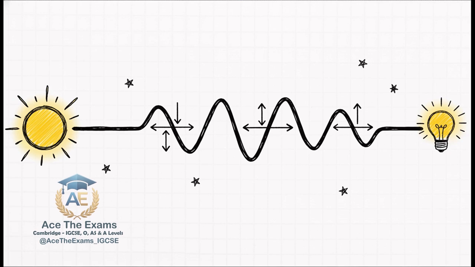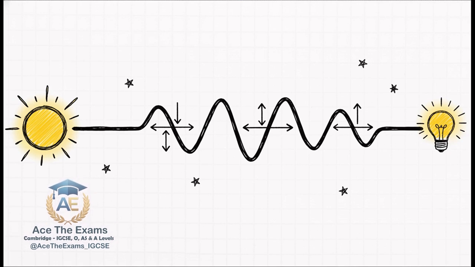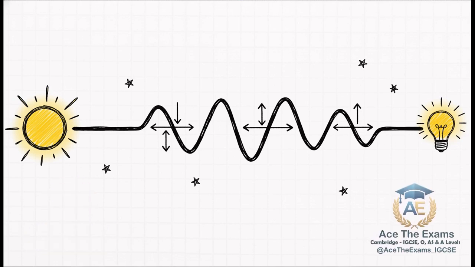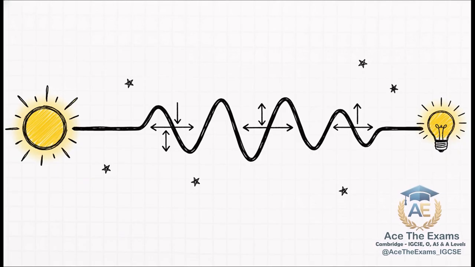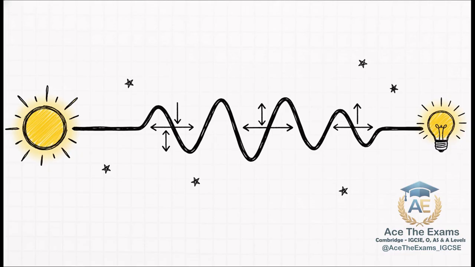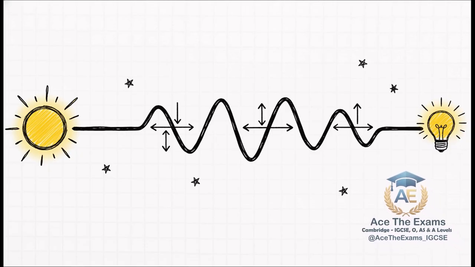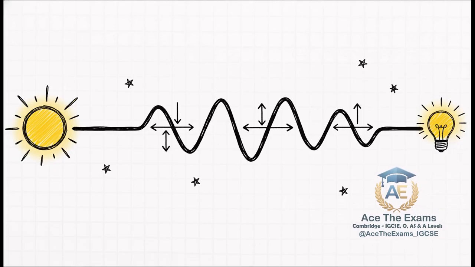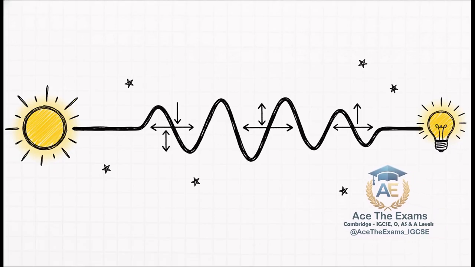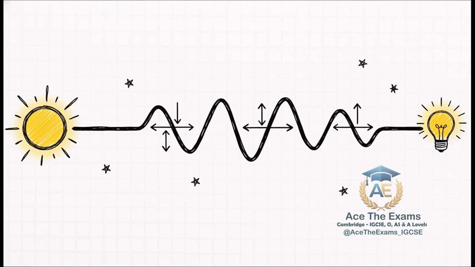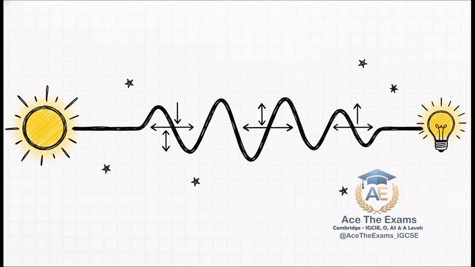But here's where it gets really fascinating. They are what we call transverse waves. This means their oscillations or their vibrations happen at perfect right angles to the direction the wave is actually moving. And if you're wondering what exactly is vibrating, it's not physical matter at all. It's actually electric and magnetic fields oscillating. And as they do this, they transfer energy. The source loses energy when it sends the waves out, and whatever absorbs them gains that energy.